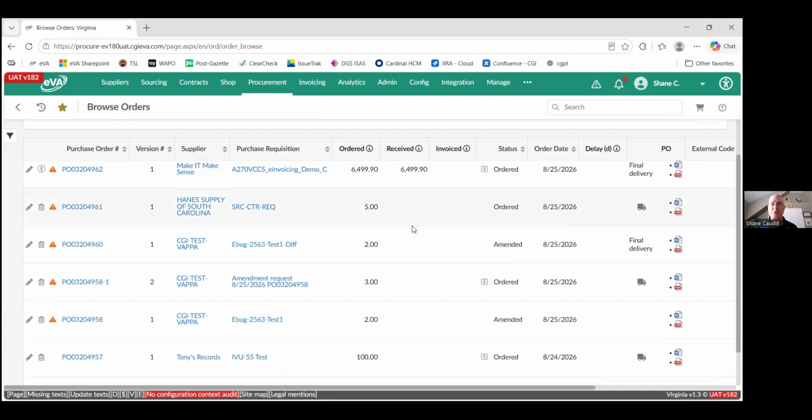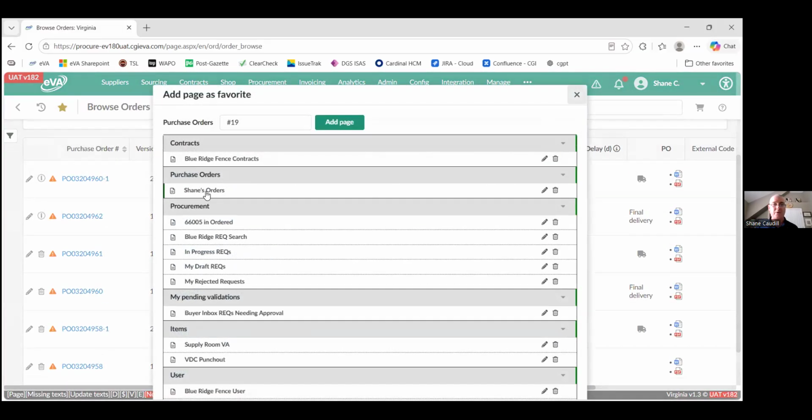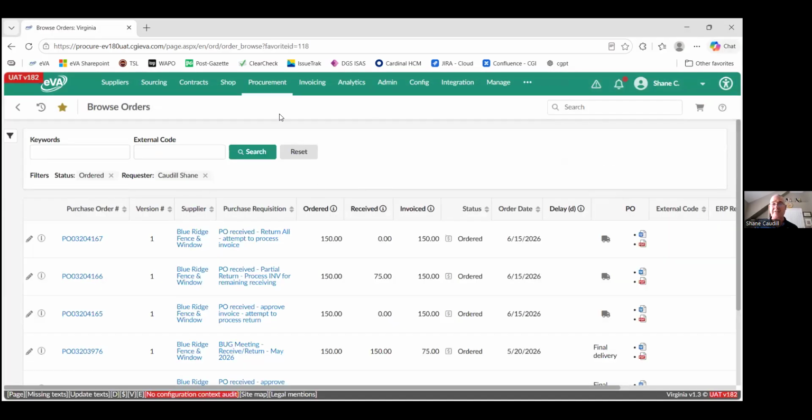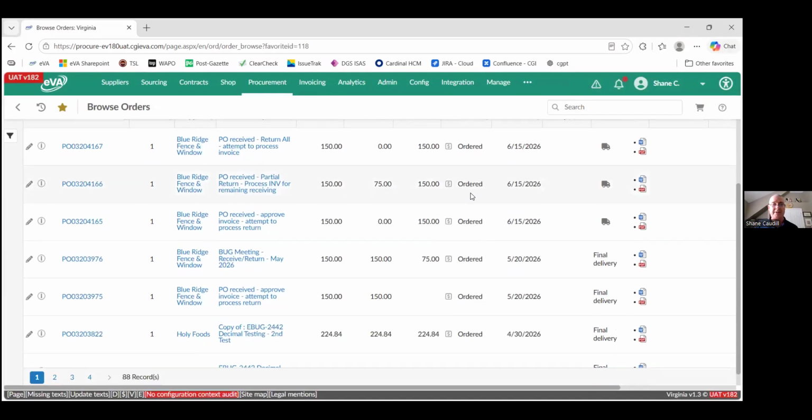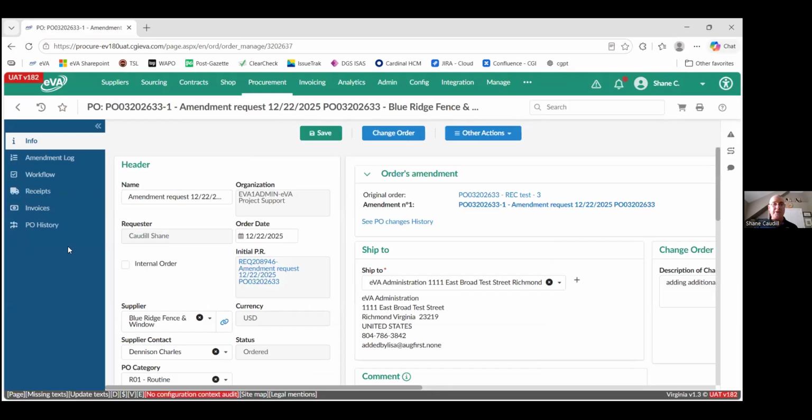Let me find a change order. Well, let me do this. I have my orders. I have a saved search where I pull back orders that I'm associated with. And there's a good change order. So, it has the -1. I know it's been changed, -1 version 2 there. So I'm going to click on that particular order, pulls up the order, and you'll notice in the left-hand menu,